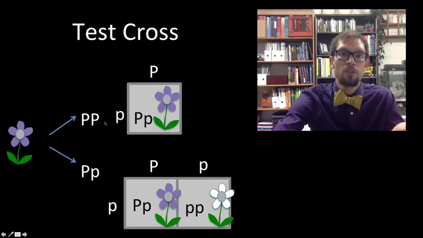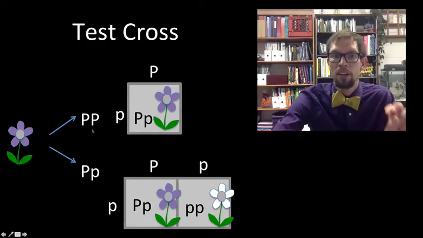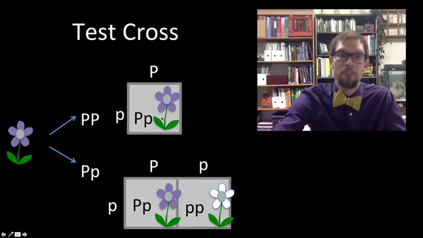If your individual is homozygous and has two alleles for the dominant trait, in the subsequent generation that's been crossed with this recessive individual, all of their children are going to show the dominant phenotype because they're going to be heterozygous. However, if the individual originally was heterozygous, when you crossed it with someone that is recessive for the